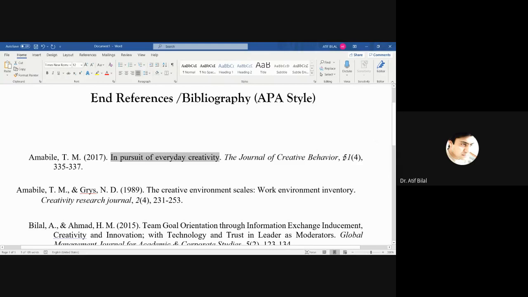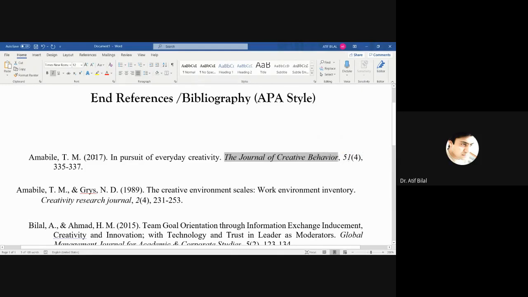Now, what is the difference between the volume and the issue? The volume can simply be recognized as the age of the journal in years. Age of the journal in years means that in 2017, it was published in its 51st year, that it has been publishing for the last 51 years.